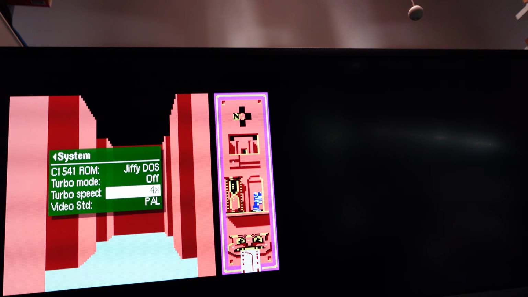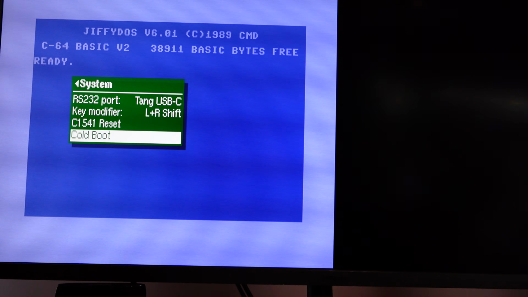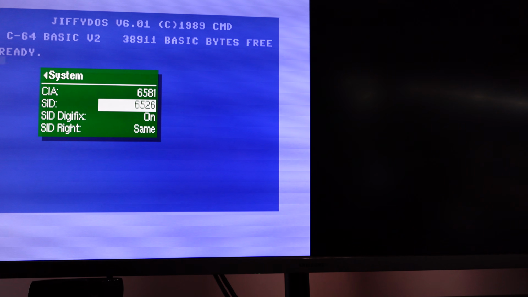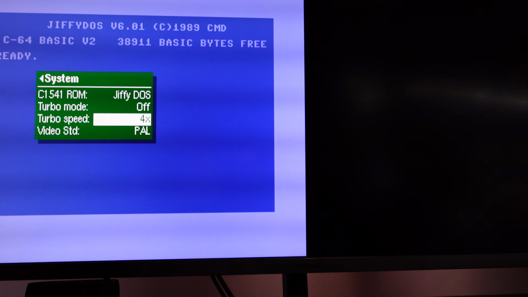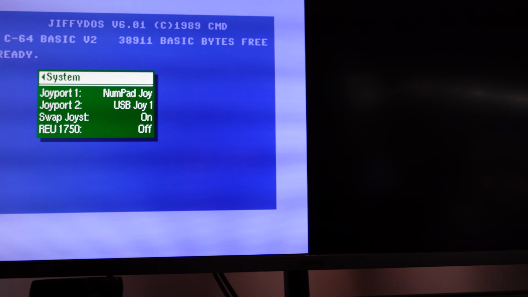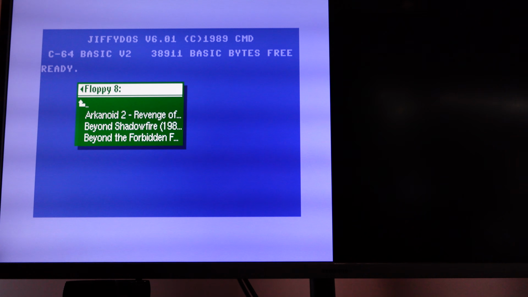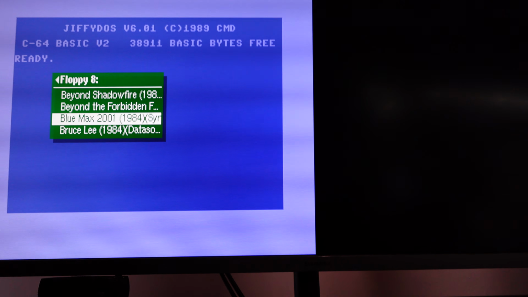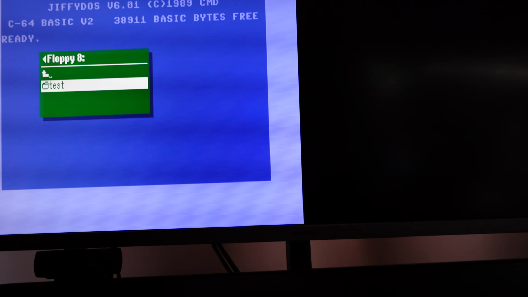Well, what else have we got here? So we can press that one, do a cold boot. Lovely. And I've only got a few images on here. I don't think any of these will actually speed up, as it were. Yeah, there's only a couple of images on here. Okay, well,